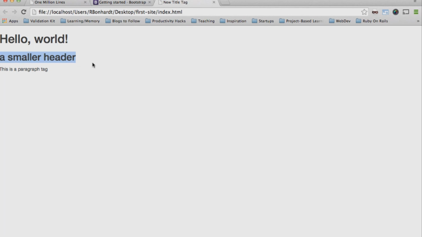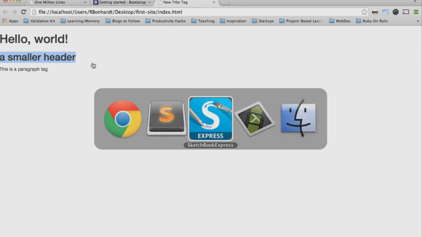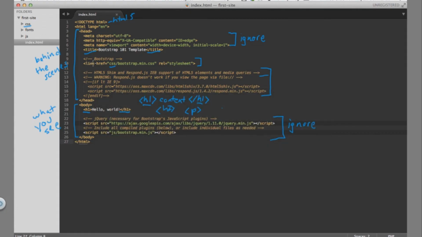Alright, so now you can start to understand the basics of HTML and HTML documents. And now let's get started on building